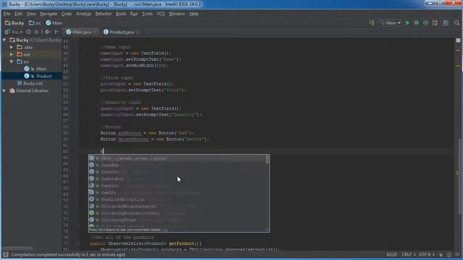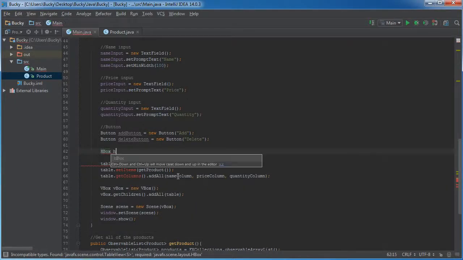Alright, so I'm just gonna make a quick HBox layout. Gonna name it HBox. Set it equal to new